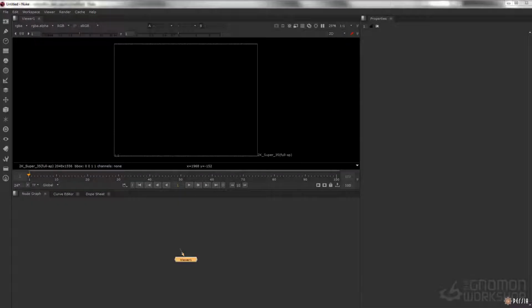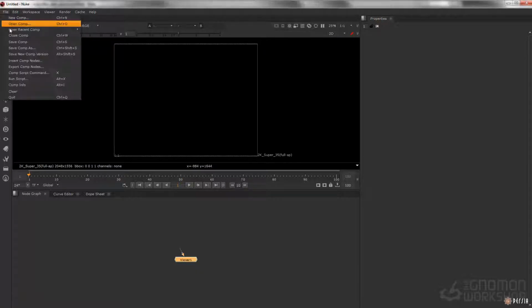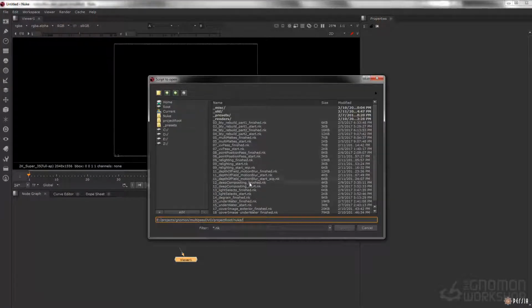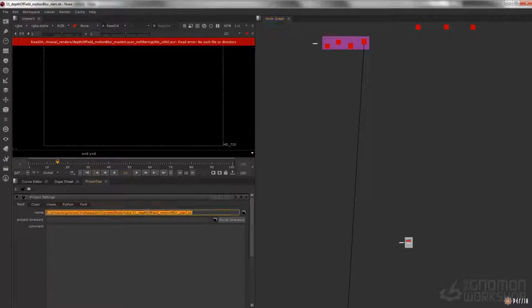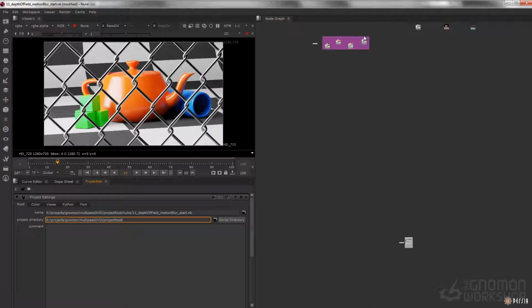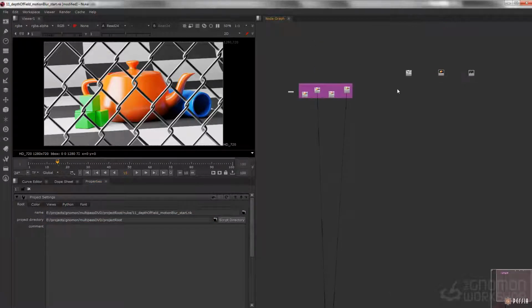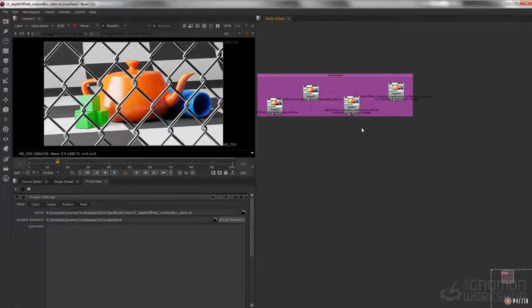So let's take a look at how to do 2D motion blur and 2D depth of field and how to utilize our render layer setup within Nuke. So I'm going to jump into File, Open, jump into Depth of Field, Motion Blur, Start, Chapter 11, and then I'm just going to jump into my project settings and set my project directory to relink up all of our nodes. And we're going to get to our render layer setup, but first let's just talk about the vector blur